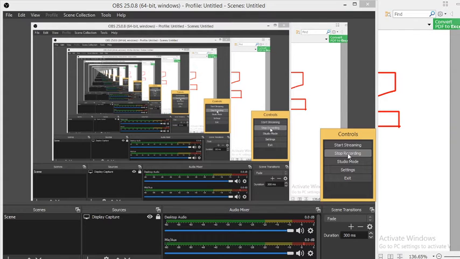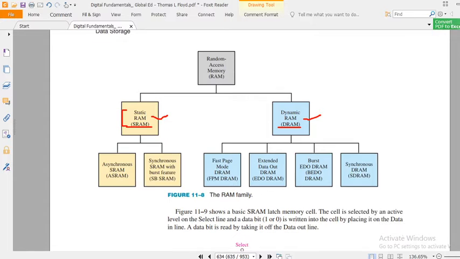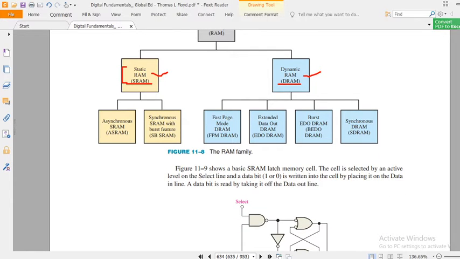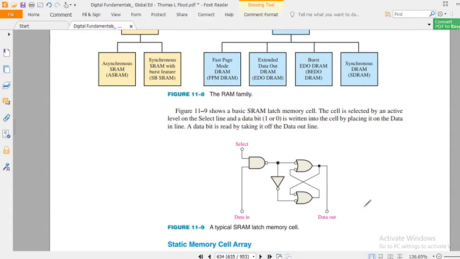Okay, so we were talking about the memory cell of SRAM. It can store a unit infinitely. So this is the basic SRAM latch memory cell. This is the basic memory cell. Here we can take the data out, and we have to supply the data whatever we